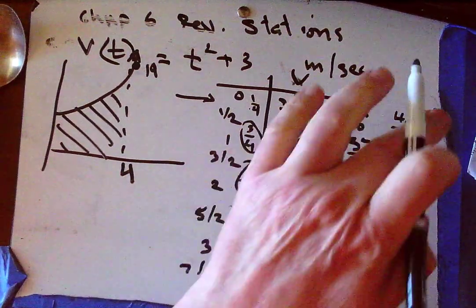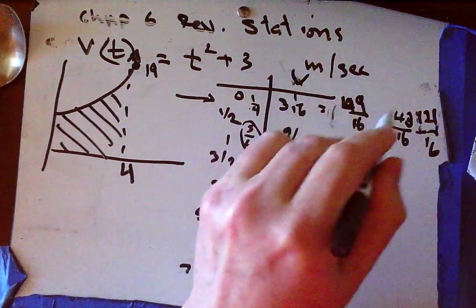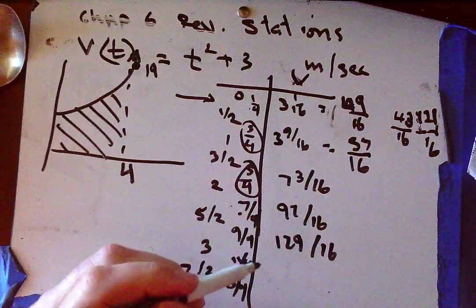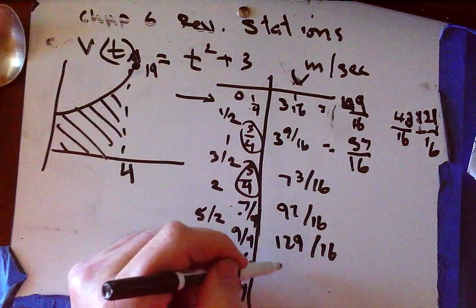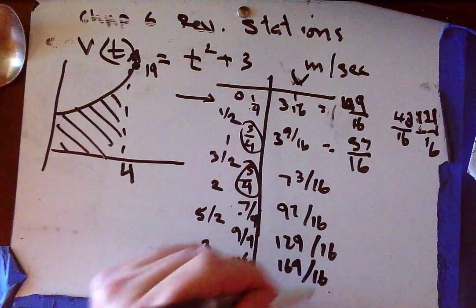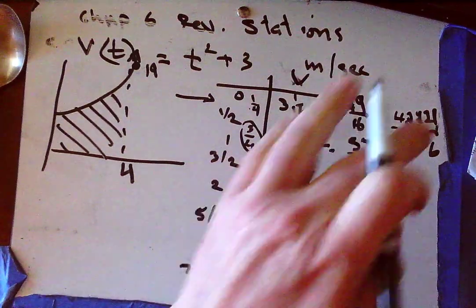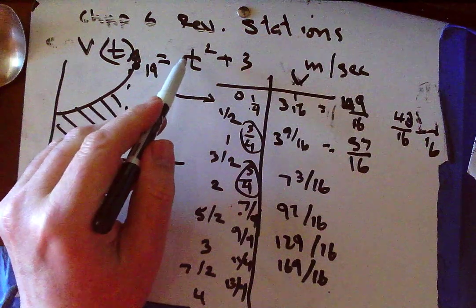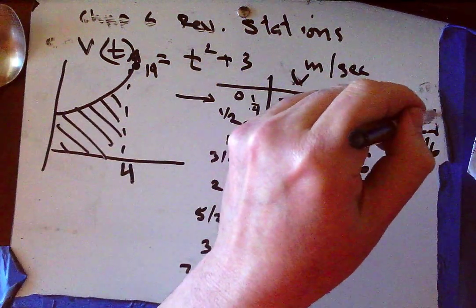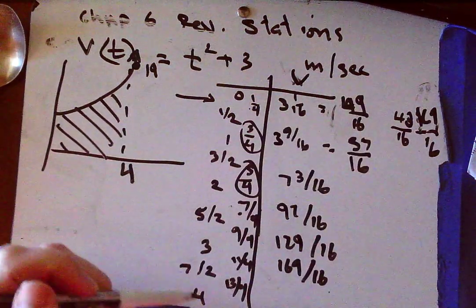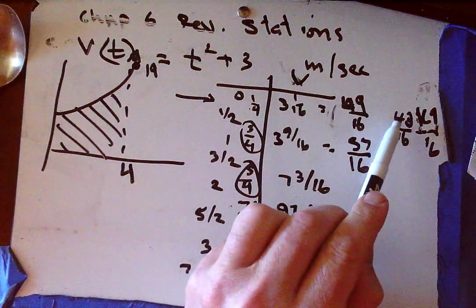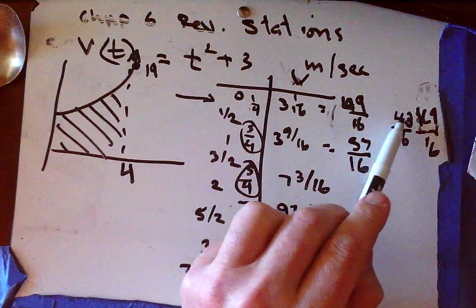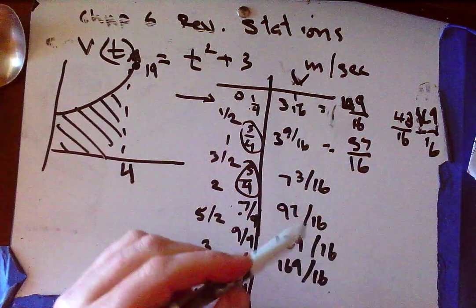I'm going to put in 11/4. 121 plus 48 is 169 16ths. And finally, when we plug in that 13 over 4 and square, we're going to get 169 plus 48 is 217